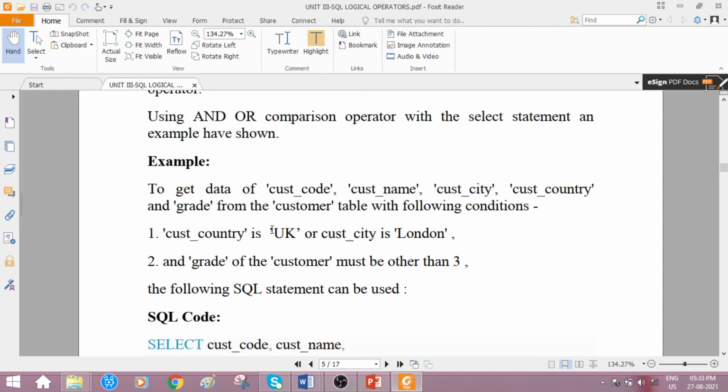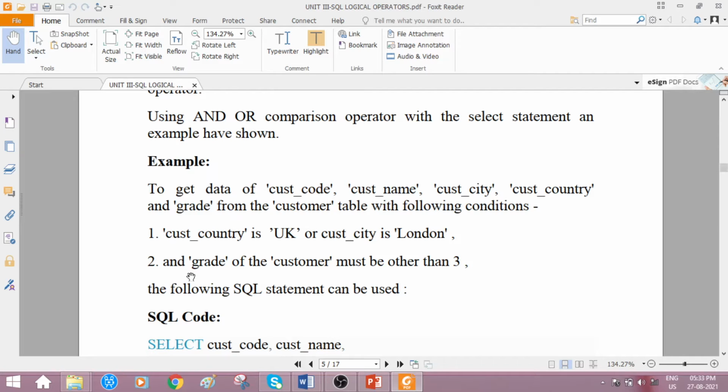Or if the customer country is not UK, one more condition is checked: whether in the same customer row the customer city is London. If true, fine, we refer to that customer value. So either the country may be UK or the city may be London. Either of the two may be true.